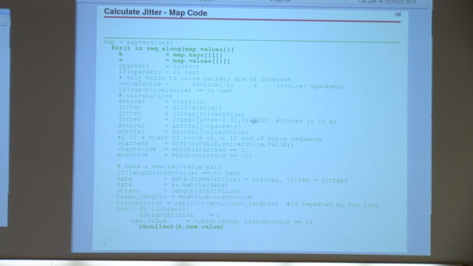So we round jitter, and then we multiply it by 1,000 to put it in milliseconds because it's in seconds. And then we record the arrival times that are important, which is the voice-to-voice arrival times. And then here we're back to some logic that's been vectorized that would, again, be clear in a for loop very easily, but now is a little confusing, which is where we want to know where the transmission intervals start